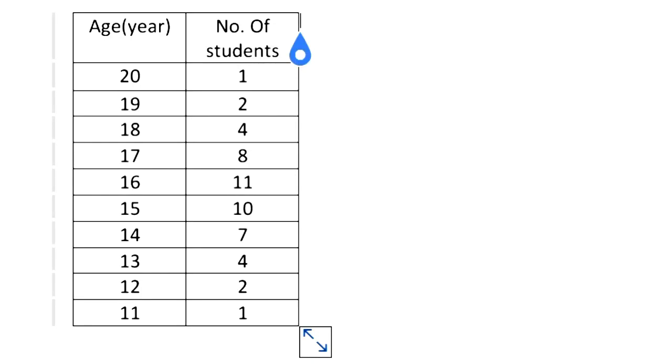In the given question, we are to find out the mean and median value. First of all, we will find out the mean value. For the mean value, age is given. Age will be denoted by x, because only numbers are given, and when numbers are given, this distribution value can be denoted by x. Then the number of students is the frequency value, and frequency is denoted by f. Therefore, the number of students column will be denoted by f.